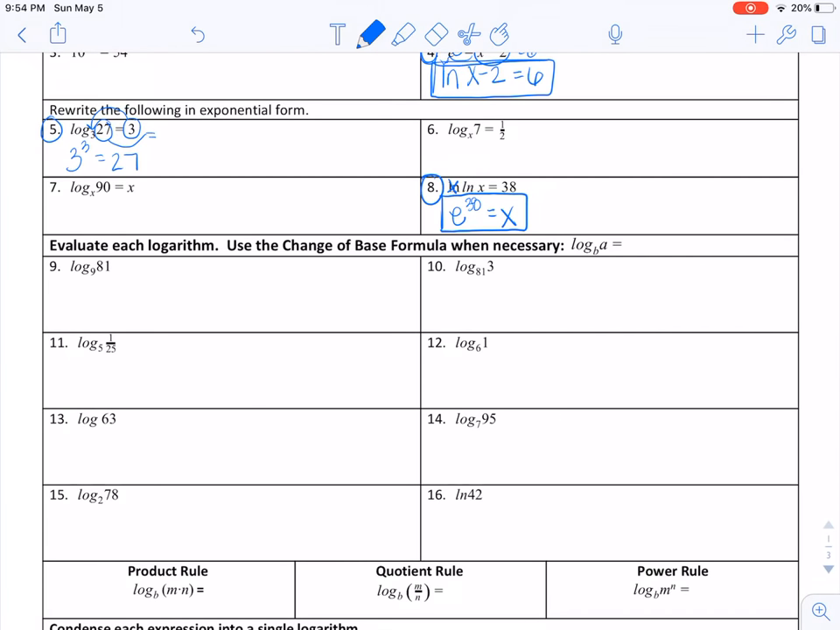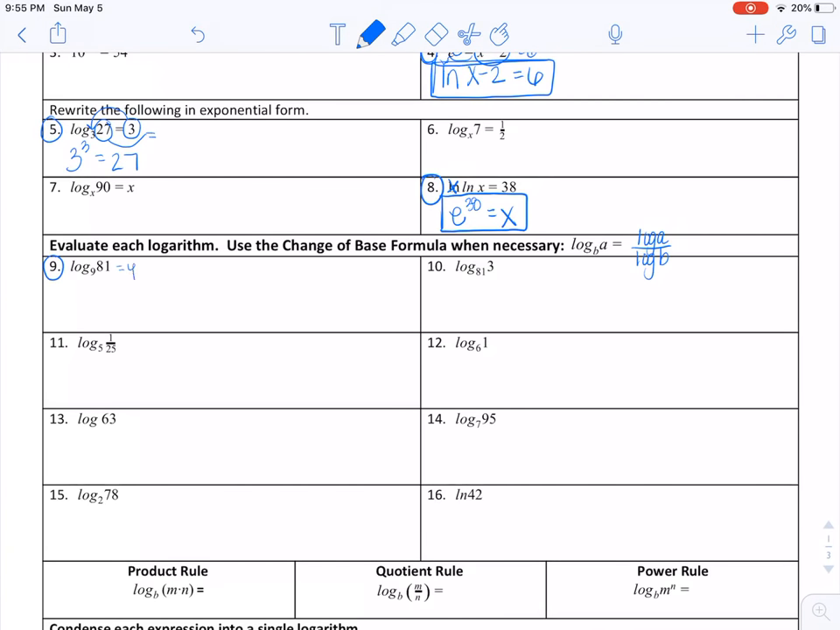Okay? So now we're going to evaluate each logarithm. And we're going to start with number 9. It also asks us to use the change of base formula when necessary. So the change of base formula is log base b of a equals log a over log b. Okay, and so if we're looking at 9, in order to evaluate this, we're going to go ahead and